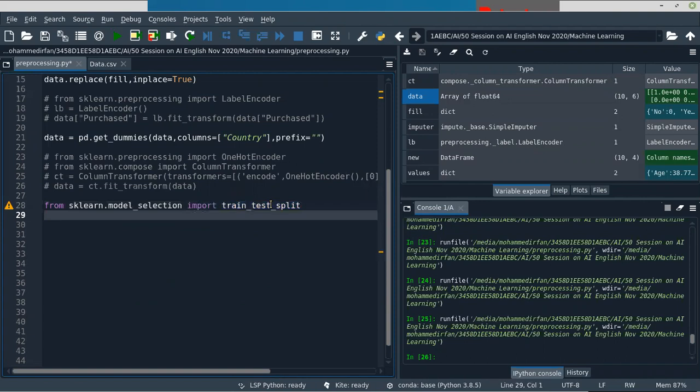Now this function will return four values: x_train, x_test, and the same two parts for y. So before splitting the dataset, we need to find what the x and y variables are. X is the independent variable, y is the dependent variable. That means x is the features we are going to use for predicting, y is the variable which we are